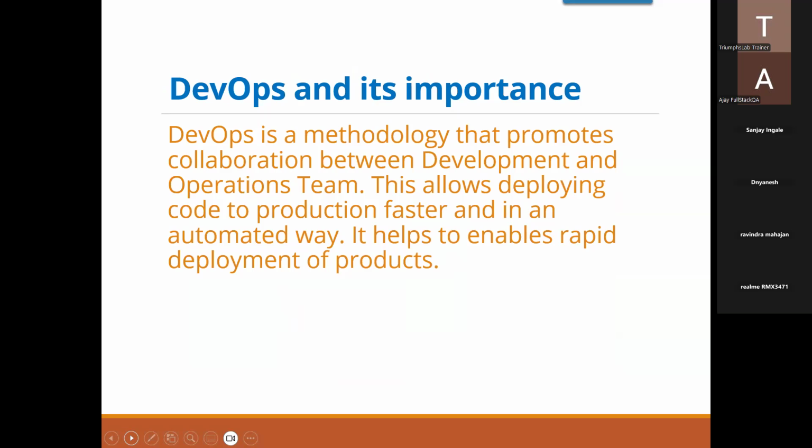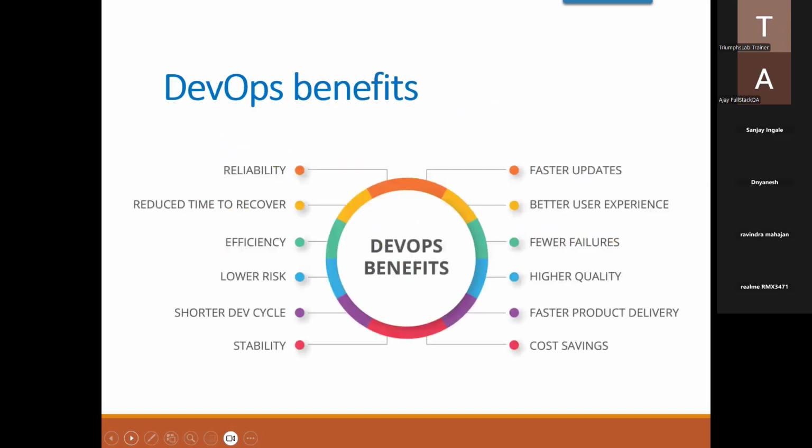You can create an hourly build, a weekly build, a daily build, or a morning build and a night build. So you can think of how the speed of the software development lifecycle gets increased. That's why it is very much in demand.